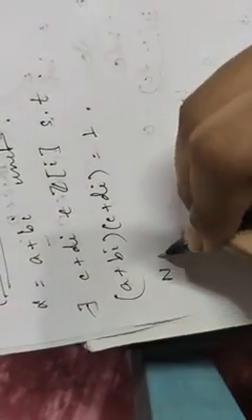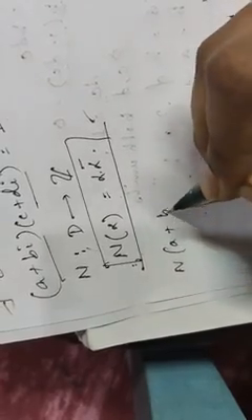Now we need to find out the value of N. Here we are considering a norm function N defined from D to Z, and it is defined by N of alpha equals alpha into alpha bar. Okay, this is obviously a norm function because it satisfies both the conditions for being a norm function. Now we will use this. Now this into this equals 1. That means N of a plus bi into N of c plus di equals N of 1, right?